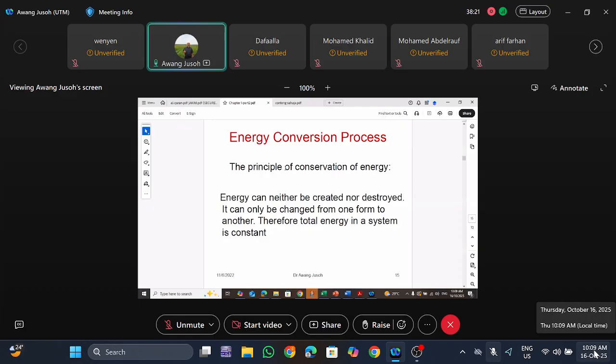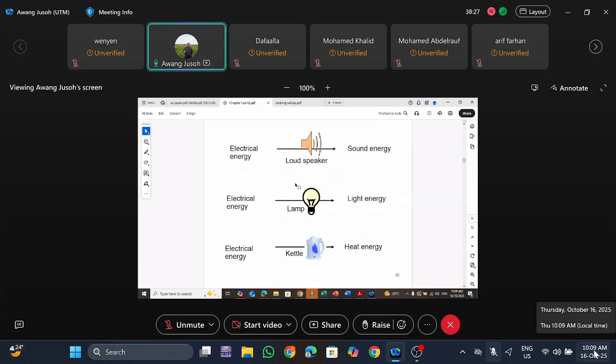There is a process where the principle of energy conservation works. For example, we have some devices. A loudspeaker, for example, is a kind of energy converter also. It converts electrical energy to sound energy. This kind of